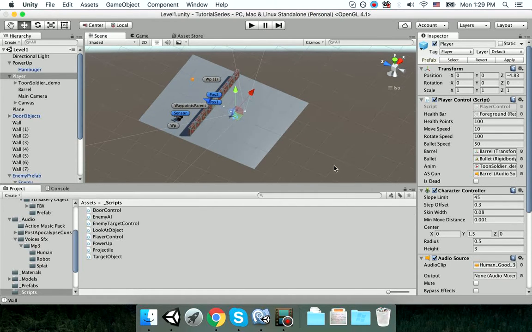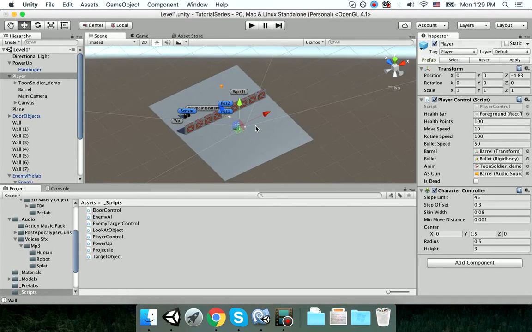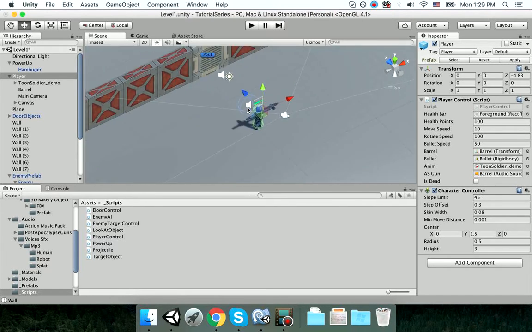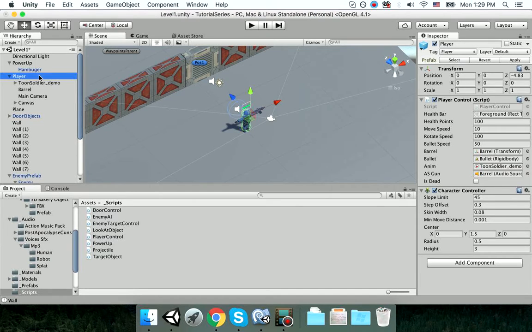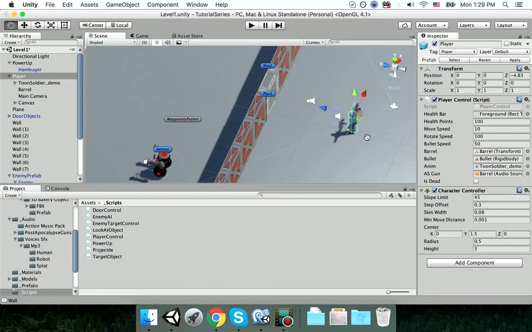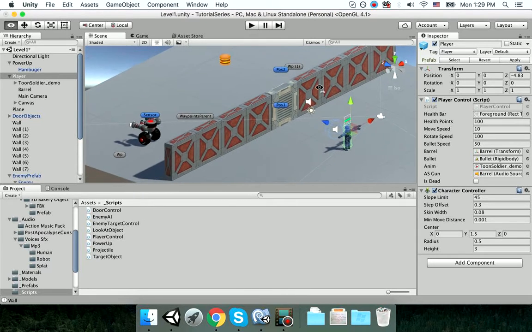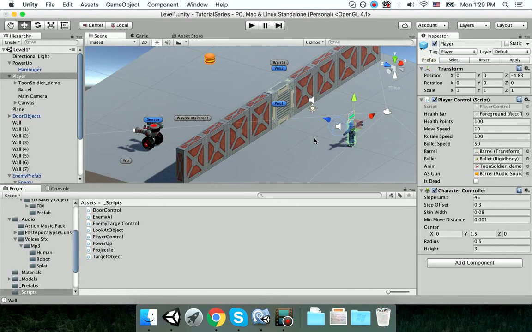Hi everybody, in this video I'm going to show you how to create a simple level based on the assets we already have. But before we get started, we're going to add a sound effect for the player. So when he picks up a hamburger, he makes a laughing sound, so we know the power up is picked